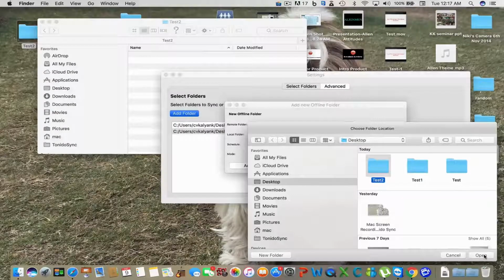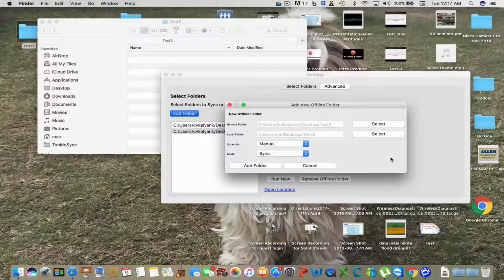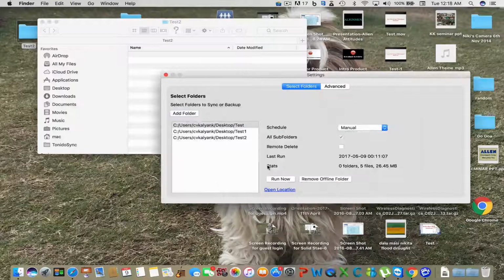Remember, my computer 1 has an image and this one is empty. Now I look for the third option, remote to local. This says that whatever changes I make in remote in my server computer 1 should come here, not the other way around. So let me select this, and I'm still keeping it manual, add folder.